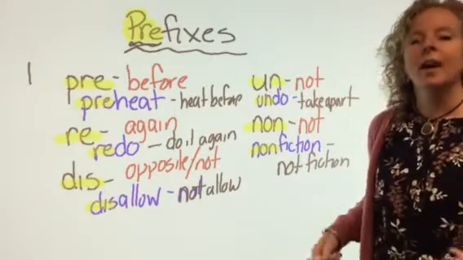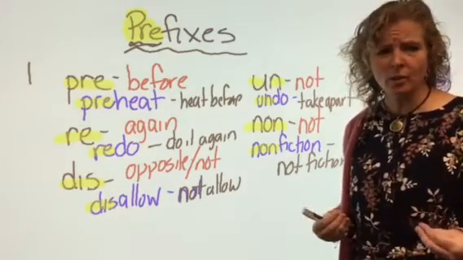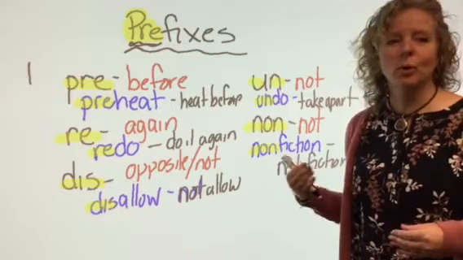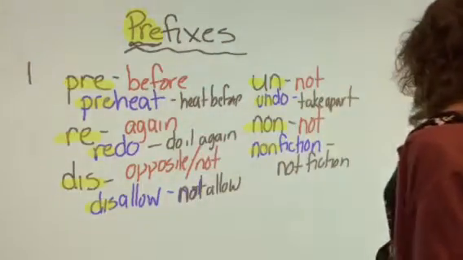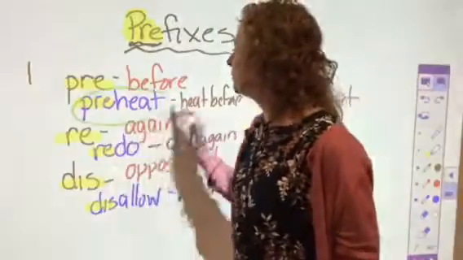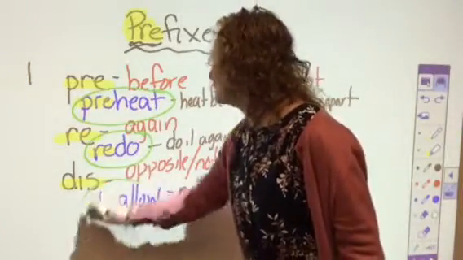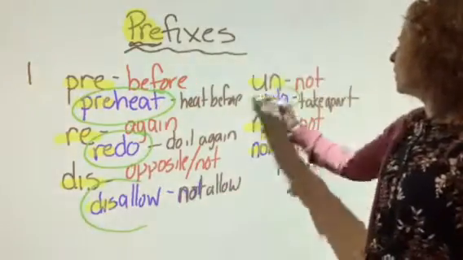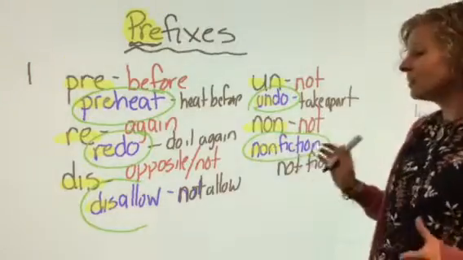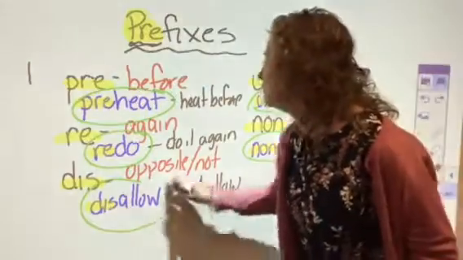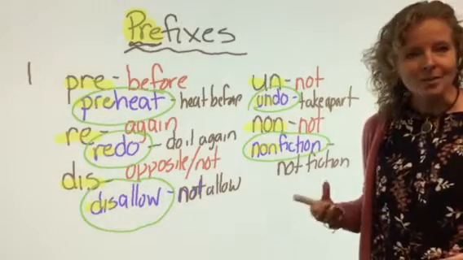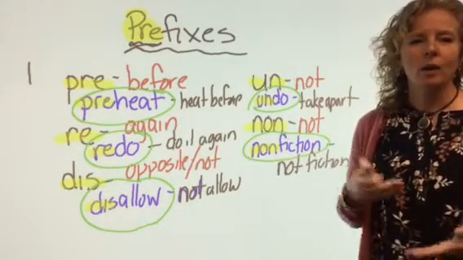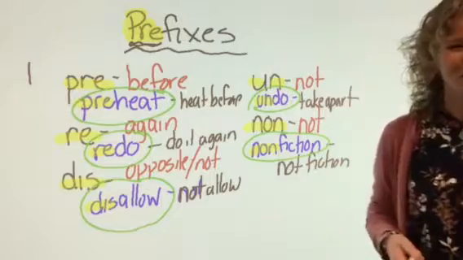When you memorize prefixes and their meanings, it gives you a pretty good hint as to what the word can mean. That's how prefixes and knowing their meanings can help you be a smarter reader. When you come across an unknown word, these are fairly familiar words. If we're going to be honest, you probably knew these meanings. But when you come across big words that you don't know and you find a prefix at the front of it, that gives you a hint of what the meaning of the word is. And that's what helps you become a smarter reader and a smarter vocabulary person.